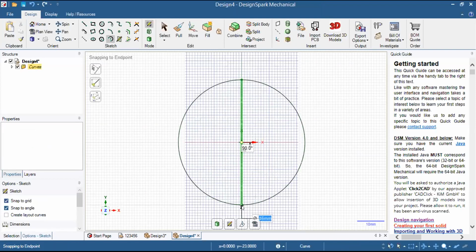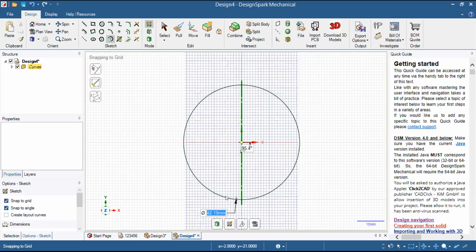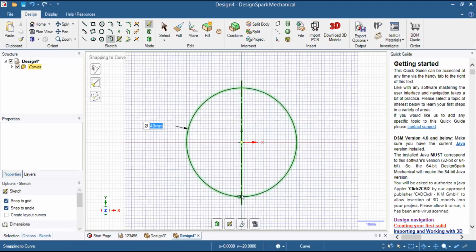Now I will click on the point where I need to start the semicircle, from this point to the other point. I will left click, and automatically a circle has been created. I have just drawn a semicircle, but on the other side it has been displayed due to the mirror line.